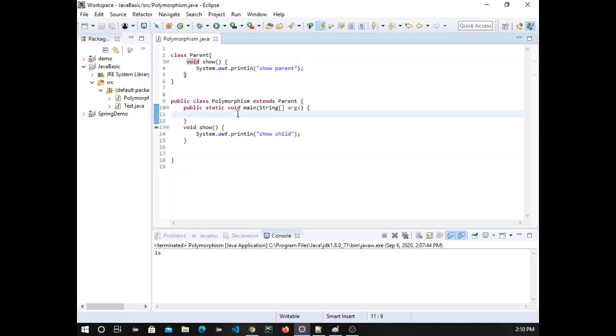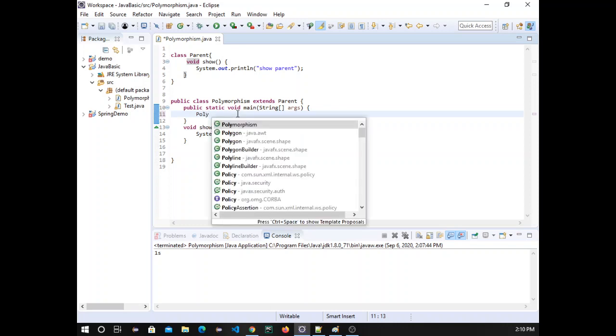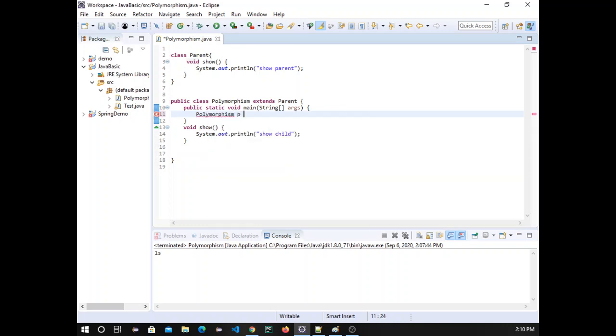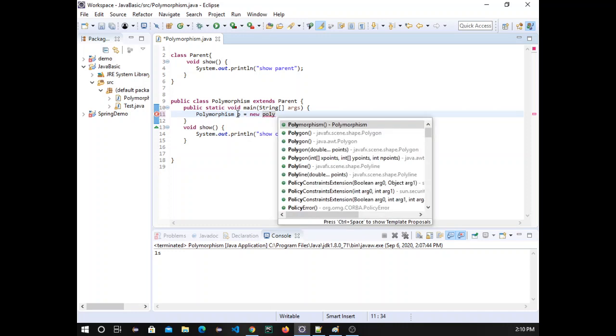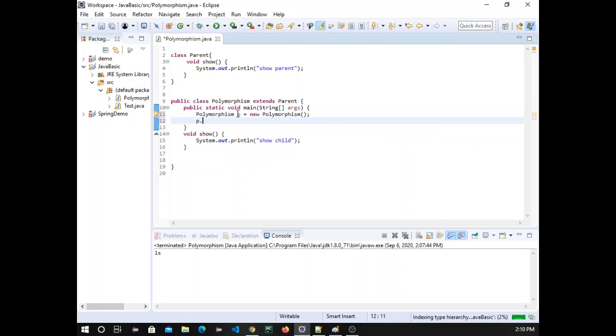If we try to create one object of polymorphism and run this, it will run child1.